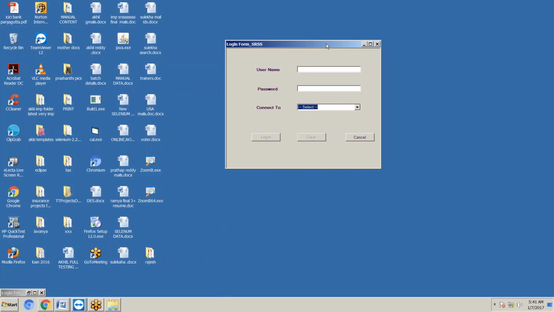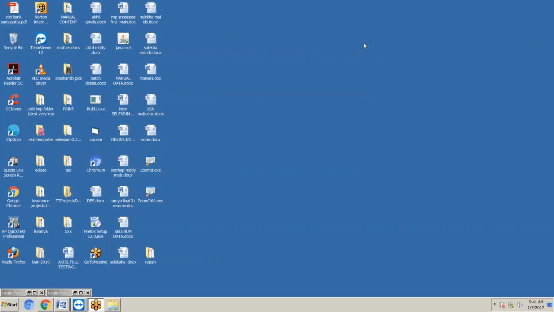For example, the business analyst is also adding some more requirements. Whenever the login screen is invoked, login and clear must be disabled. Cancel is always enabled. After entering username and password, then only the login button must be enabled. After entering any information into any of the fields, clear must be enabled. The tabbing order must be username, password, connect to fields, login, clear, cancel buttons. So these are the requirements. We can write as many requirements as you want. So first, go to quality center.